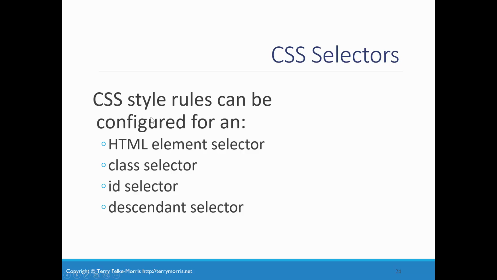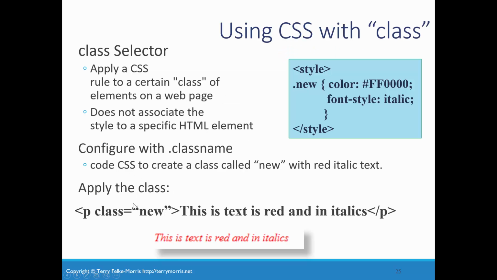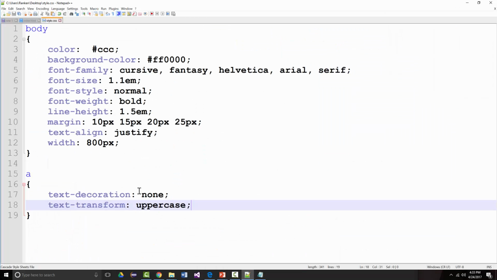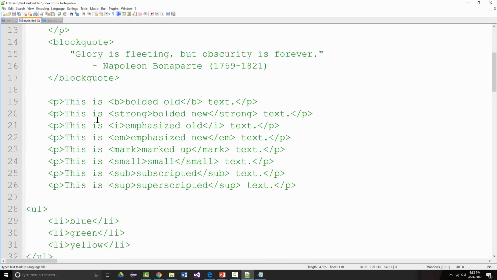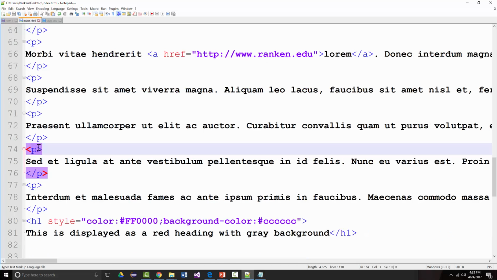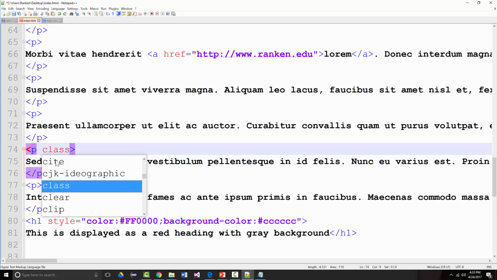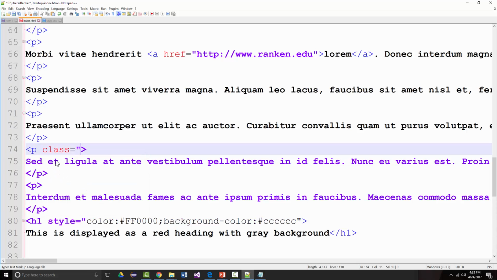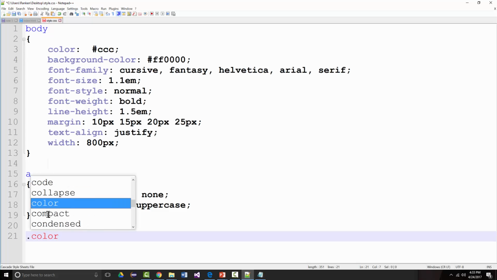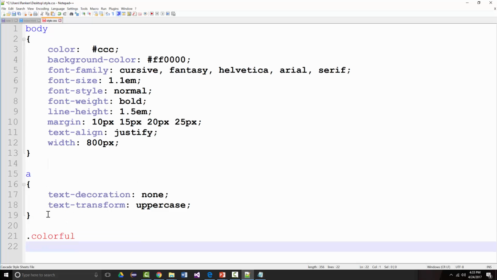All right. CSS rules can be configured for elements. That's what I showed you. Also for classes, for IDs, and for what are called descendants. What does that mean? Well, I'm going to show you right now. I'm going to go here, and for this paragraph, you can pick any one I want, but I'll pick the one right here that starts with said. I'm going to say this class equals, we'll call it colorful. Okay, kind of a dumb name, but you'll see why I'm calling it that in a minute. Then in here, what I'm going to say is dot colorful, which means anything with a class of colorful